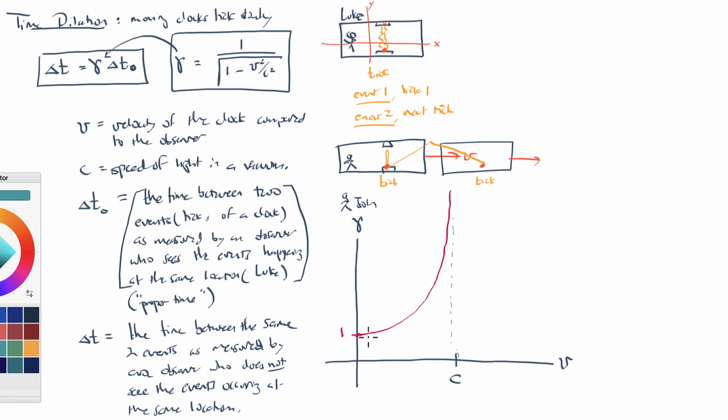What is this telling us? This is telling us that at very low speeds, if the ship is moving very slowly, or in fact if the speed of the ship is 0, then gamma is going to be 1, and you're going to find that delta t is going to be the same as delta t naught for velocity equals 0. This is consistent with our common sense that observers who are at rest with respect to one another, or moving at very low speeds compared to one another, will agree on the time intervals between ticks of a clock that they're both observing. What's unusual now that's introduced by Einstein's theory of relativity is that as the speed increases,